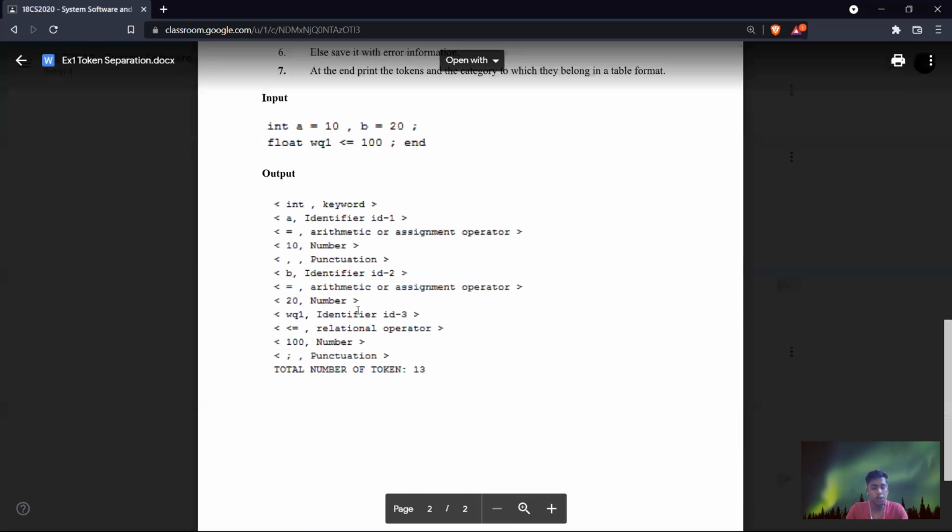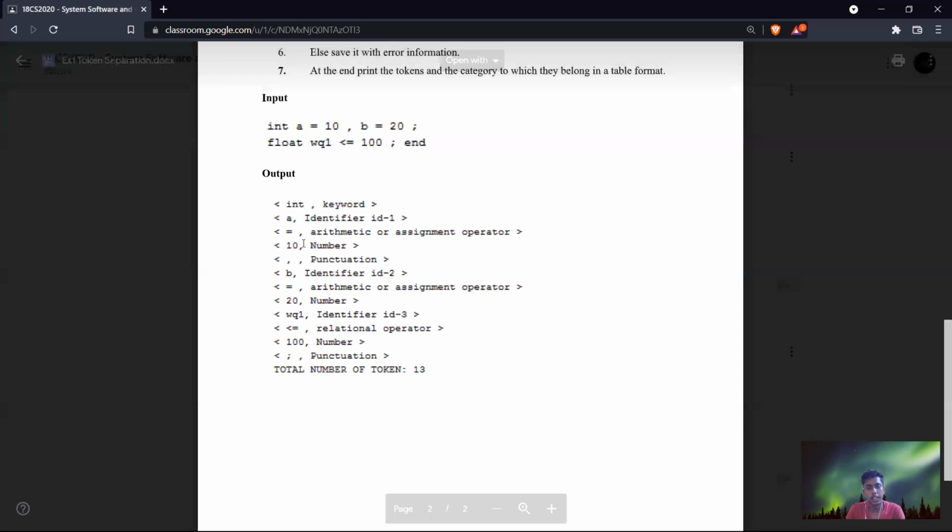But in the output they have given the number and identifier, which we have missed. For this we need to make a condition, but we cannot make a list for an identifier. An identifier can be given as anything, but it should not start with a number. So except for starting with a number, we can give anything, for example ABC, A100.